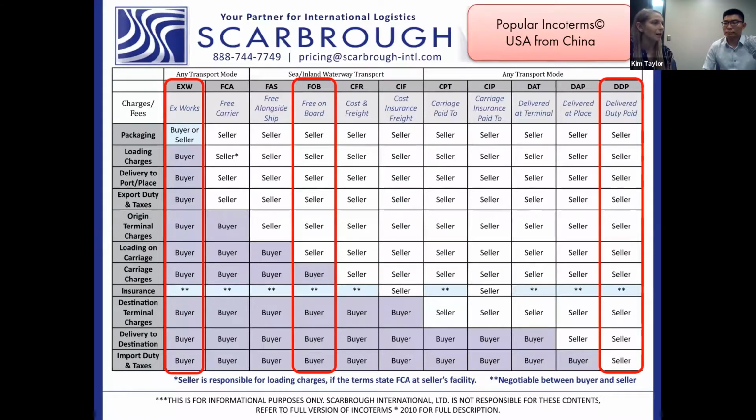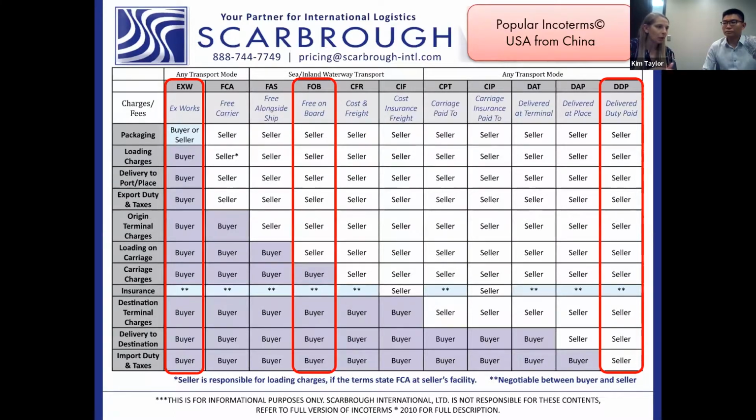It's landing in LA, and they still have to pay for the freight from LA to Indiana. Yes. And you have to clear customs and pay your duties and your taxes. And the product that you bought is now not nearly as cheap as you once thought it was. Yes. So we do run into that a lot. So definitely consider the U.S. Customs brokerage charges, the duties and taxes that are owed, and also the destination that is listed on your payment terms to the seller.